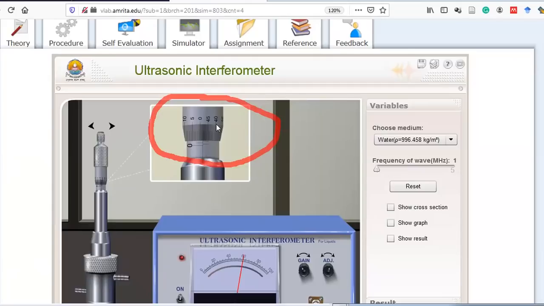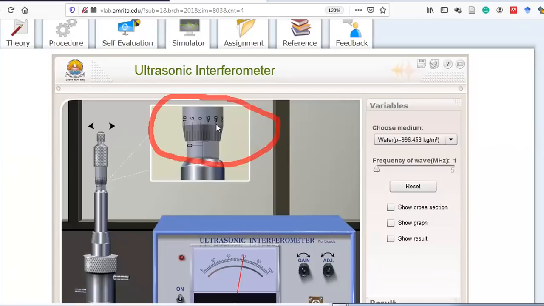So basically there are two scales. One is the main scale at the center, and you have to find its least count. Second, there is a rotating scale which has 0 to 50 counts. For that also you need to find out the least count. At the end of the reading, you have to take the sum of these two readings to get the correct micrometer reading. So main scale reading plus this rotating scale reading, the sum of these two, will be your one particular reading, and that will be the value of D basically.